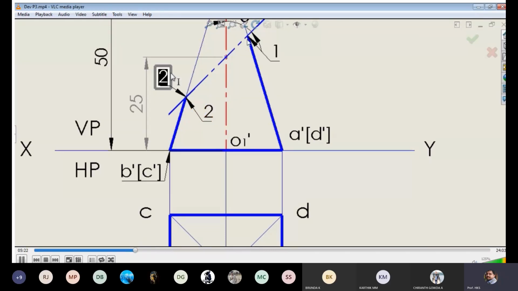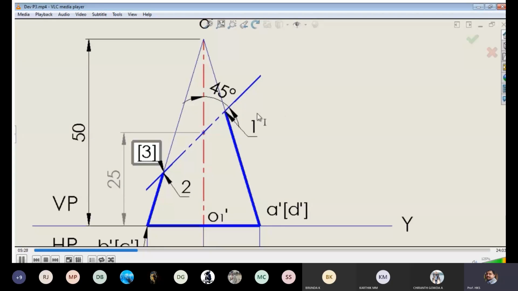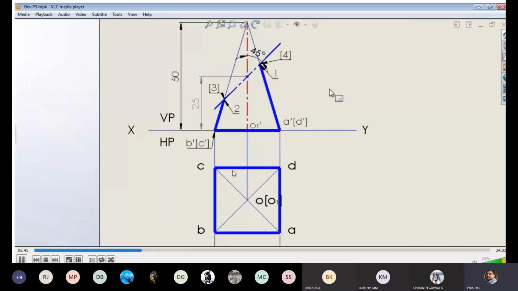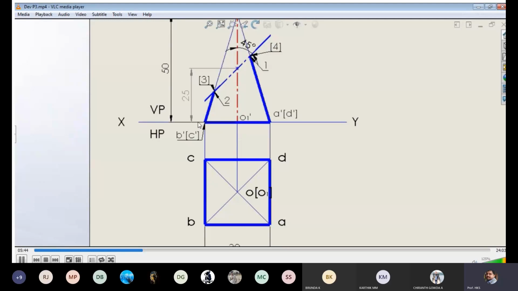So these are the cutting points. It is cutting a slant edge A to O, and there is another slant edge D to O. For A to O, cutting point will be 1. For D to O, cutting point will be 4. Similarly here also 2 and 3. 2 is for B to O or B dash to O. That means the name of point B in front view is called B prime, that is B dash. Next C dash to O, the cutting point is 3.